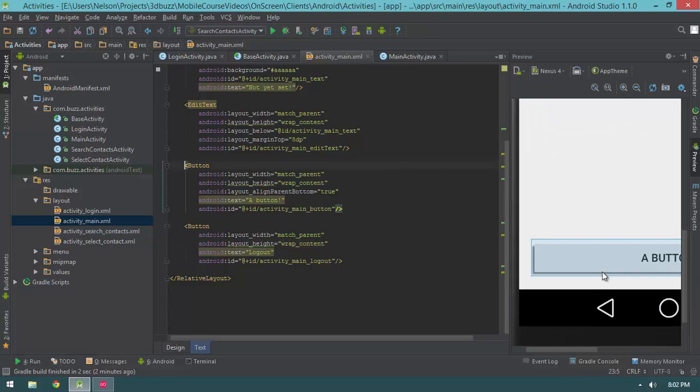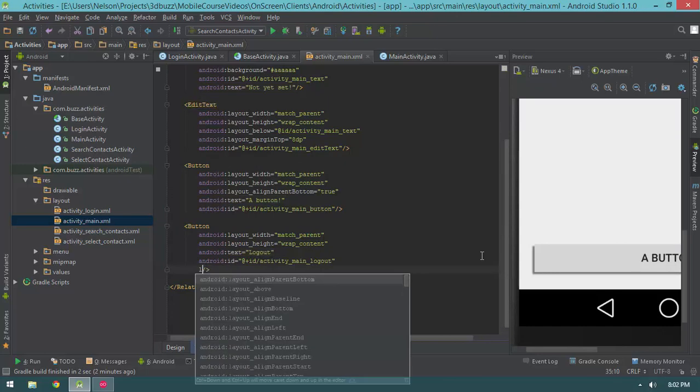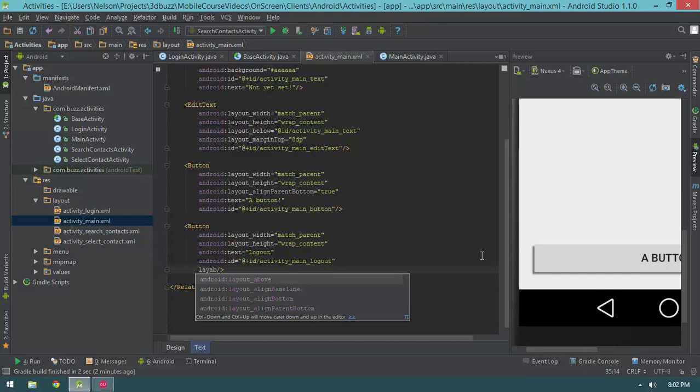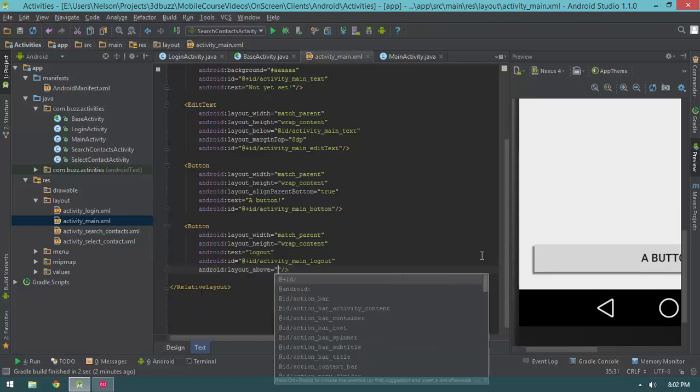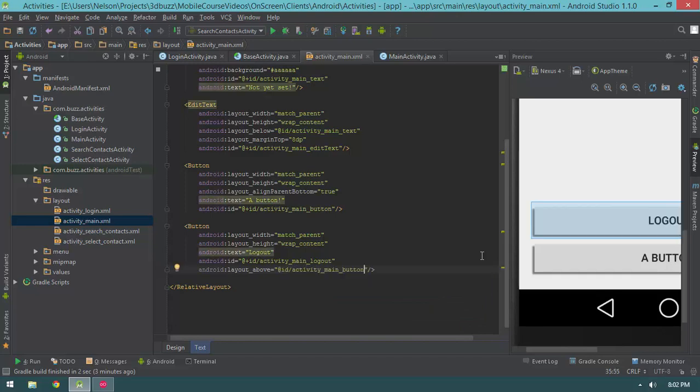So to make this occupy the space above the other button, of course, what we have to do is say layout above, which I can get to just by typing in lay AB. Just typing in lay AB gives me layout above. Again, I don't know how many times I said this, but you guys are probably getting sick of hearing it. Learn to manipulate the autocomplete text box. It'll save you a lot of time. Just typing in lay AB, I can hit enter, and I have the layout above attribute already written in for me. Now I can go ahead and type in main_button, which will give me the main button, hit enter,